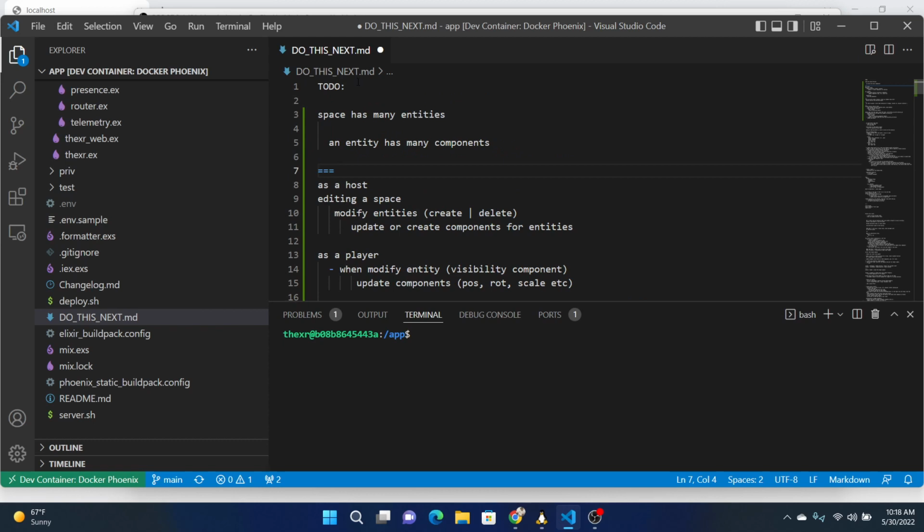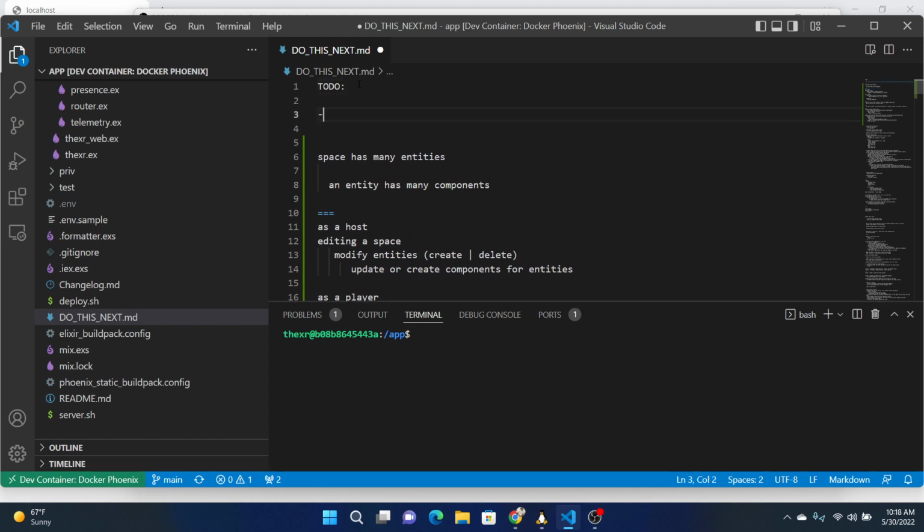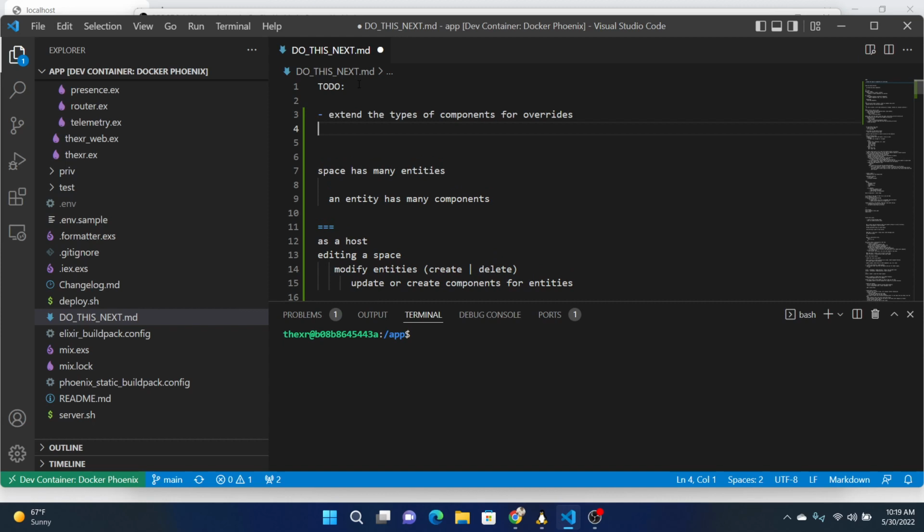So what do we need to do? Maybe we need to extend the types for overrides. That way we can just efficiently get all the components for an entity, and then when it's time to reset the scene, we can delete all components that have a particular flag on them. For example,